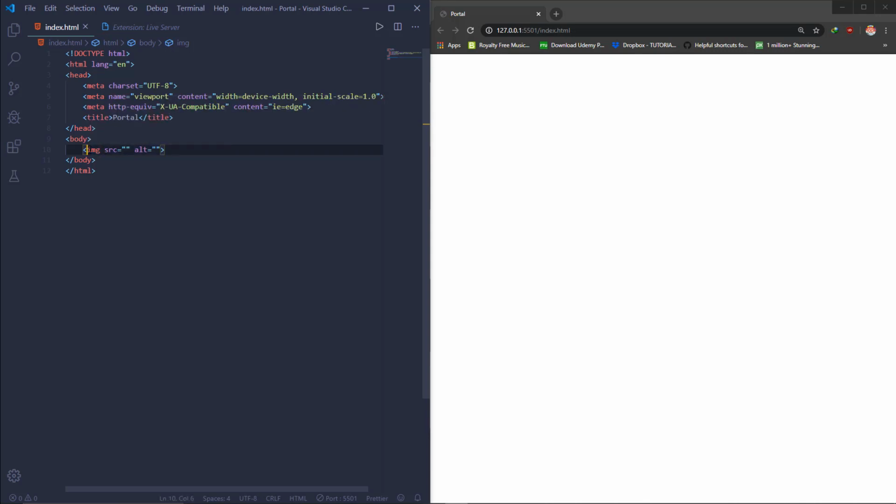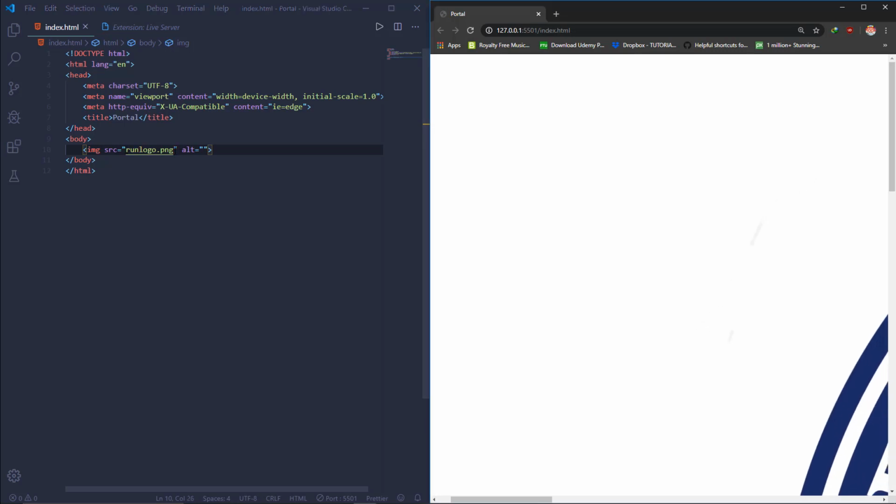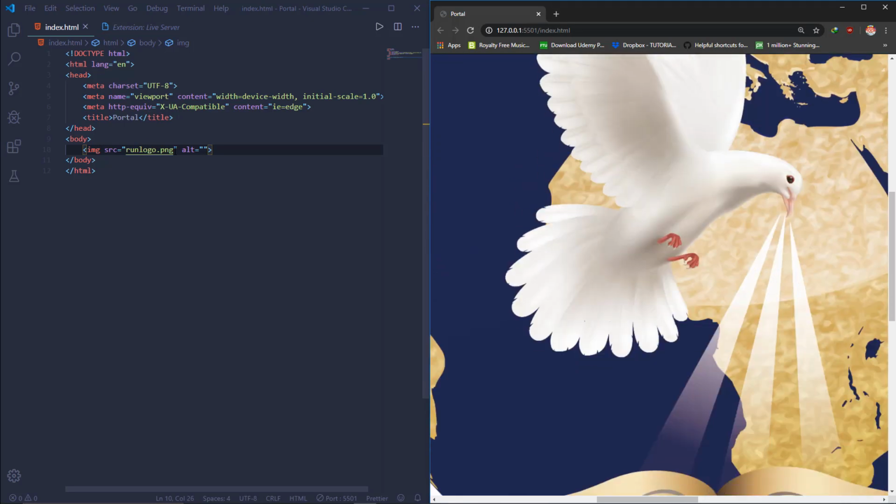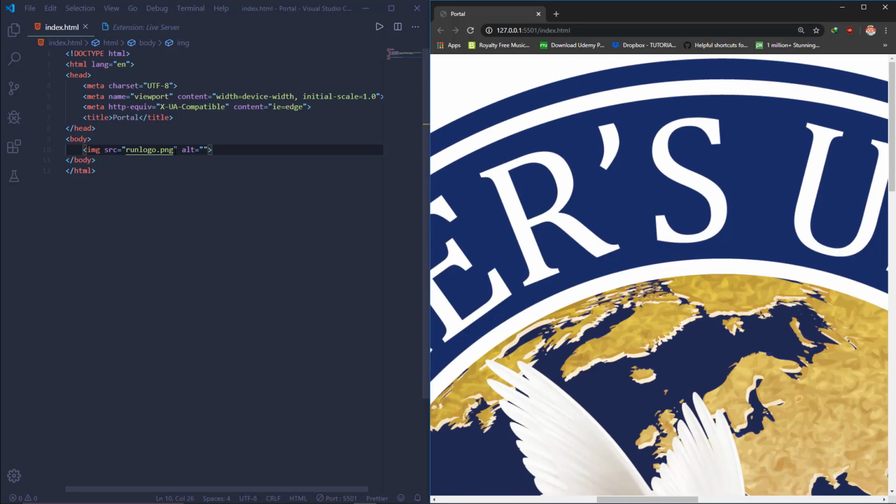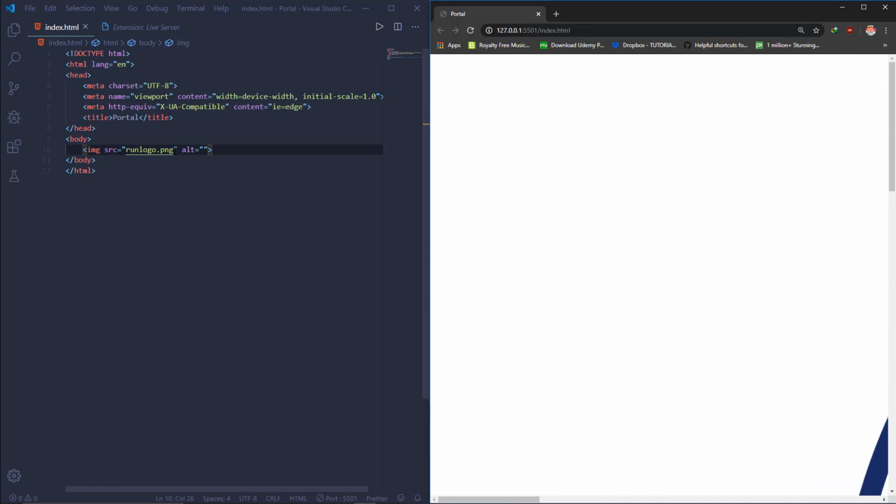So the image tag contains the source. SRC stands for source, then ALT, they're like alternative. So let's say logo.png. I think that picture is too big, so let's say von logo.png. Okay, it's showing, but the picture is really big. Okay, so we could reduce the size